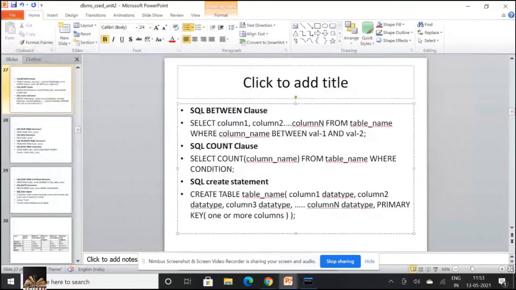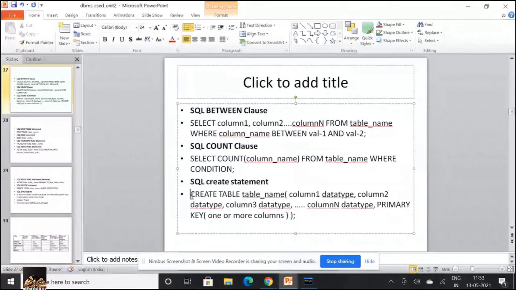Now, SQL create statement, all of you know how to create a table. At least now, 99% of you might be knowing how to create a table. So when you want to work with a create table, you're going to use a keyword called create table, table name. So if at all you want to create a view, create view, view name. You want to create a procedure, create procedure, procedure name. That way you have to work with.